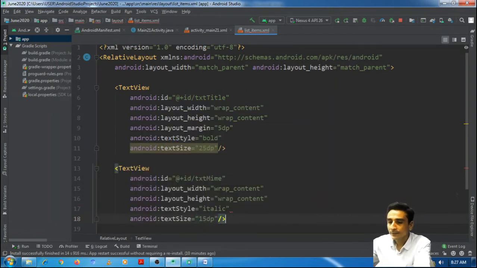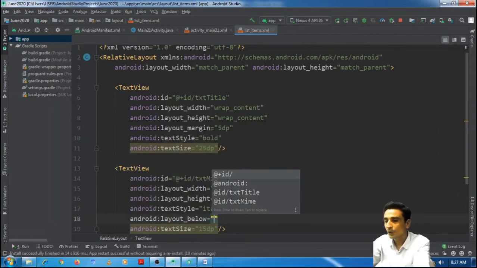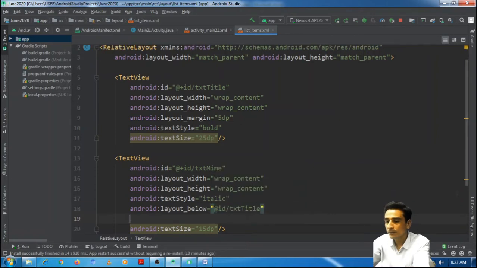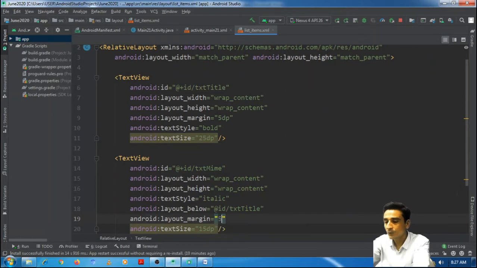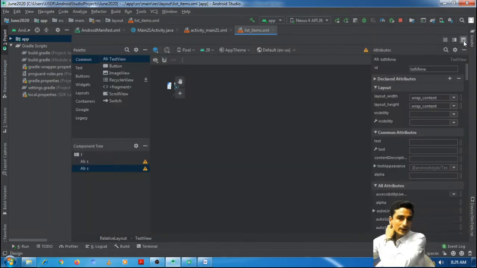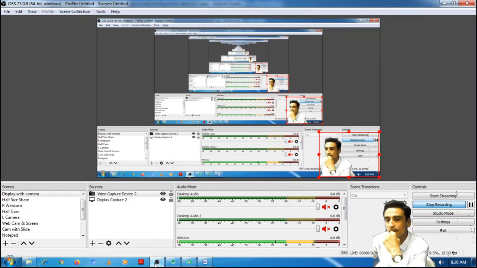Okay, this much, and yeah, it should be below the title. And let me also set margins, margin 5 dp. So I have also set the margins, as you can see here.